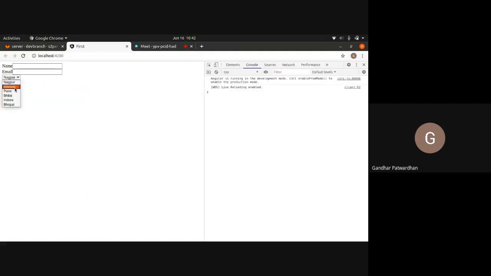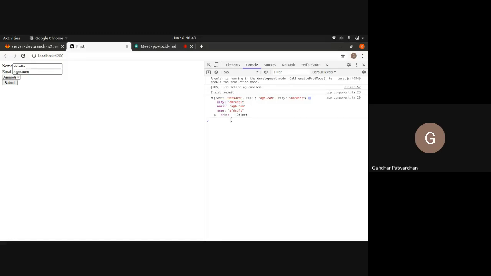Right. In my console, I'll select something, Amaravati. I'll type some name. I'll say a@b.com. Right. And I'll click on submit. So if you can see now, in my form, I got the city as well. So that is how you bind a drop down. Now, drop down is a pretty common element which we have in general. So that is how we bind it.